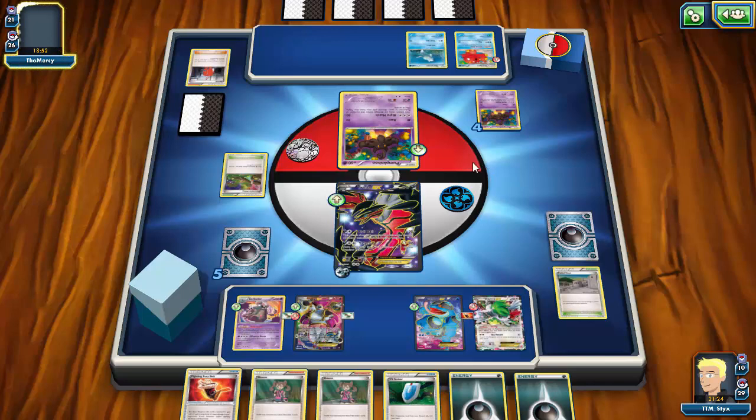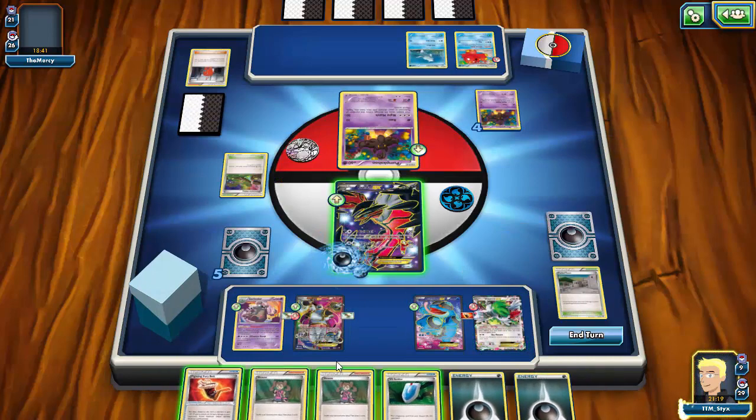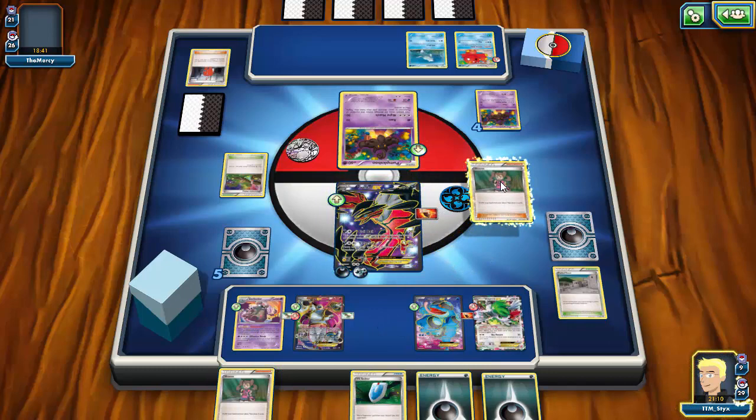He is still under the item lock, so that is pretty nice. And what I am probably just going to do is knock out the Pumpkaboo, force in the Octillery or the Remoraid, and then just go from there. I do get another Darkness Energy, so that is probably good that I played the Yveltal up. I didn't want to promote the Garbodor or the Hoopa